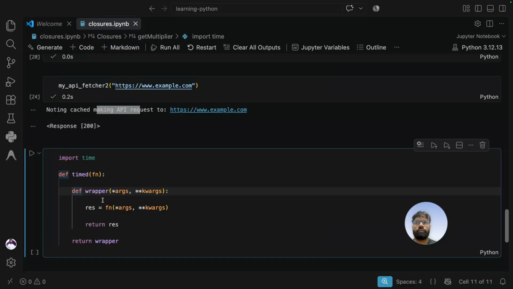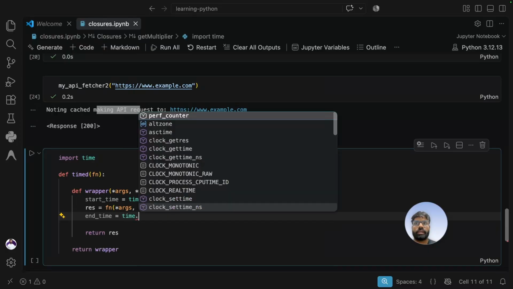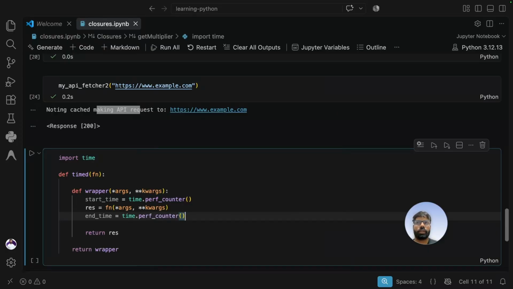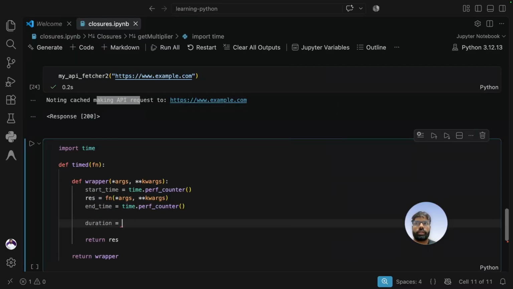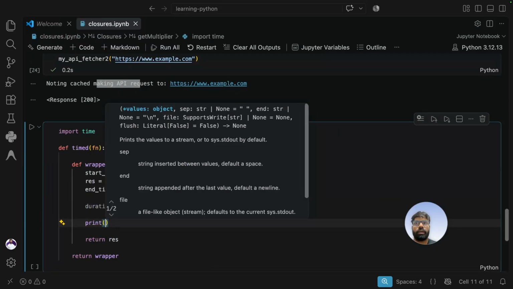We will be using perf_counter from the time module, and let's say it is start time over here, and at the bottom it will be end time, again coming from perf_counter. So the total duration is basically end time minus start time, and we can print